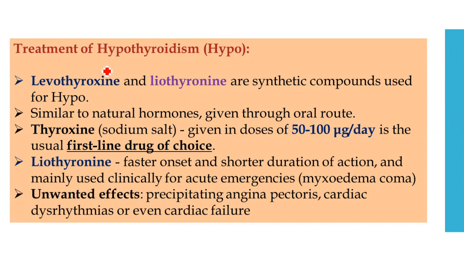Now in the treatment of hypothyroidism, levothyroxine and liothyronine are the synthetic compounds used for this condition, similar to the natural hormone, given through the oral route. Thyroxine is given in a dose of 50 to 100 microgram per day, and it is used as the first line drug of choice for hypothyroidism, while liothyronine has a faster onset and shorter duration